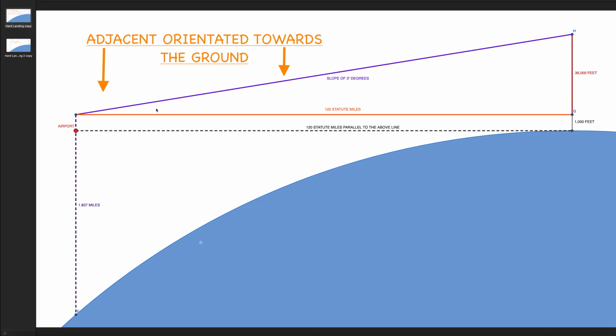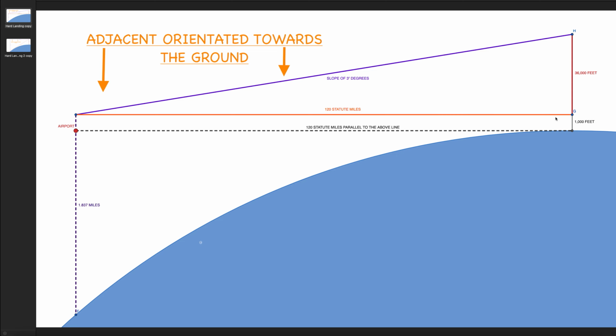Now, I'm not saying there are not other things, like wind, different speeds and different things to take into account. I'm not arguing with any of those things. My point is that they are dealing with a calculation that is dealing with a 120 statute mile horizontal distance. That's the point. Which means that for them to end up 1,000 feet above the airport when they start the descent here, it means the airport cannot be down here on a globe, because they will not be 1,000 feet above the airport.